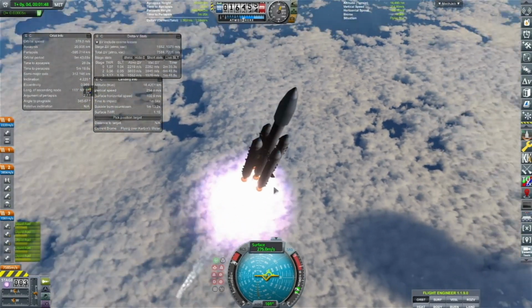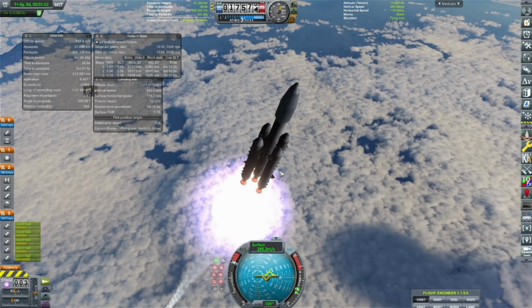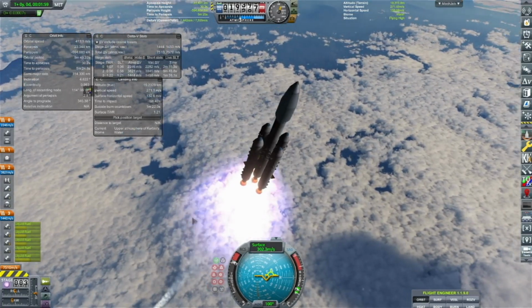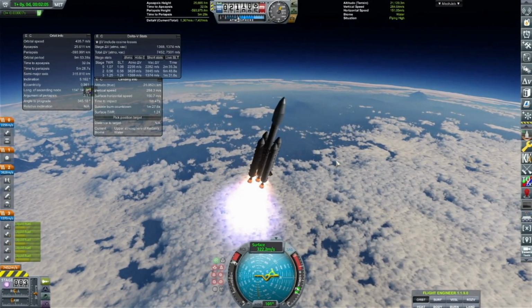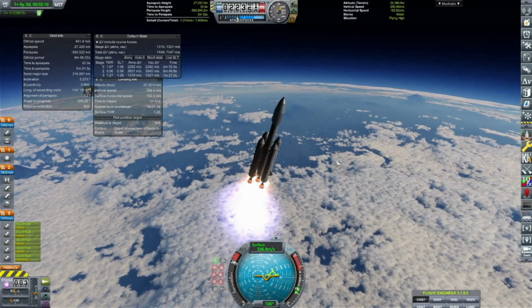So we're going to actually have to just ride this angle, this launch profile, until our apoapsis reaches space, in which case then we can afford to move ourselves over. But until we can actually break free of the atmosphere, I don't trust this rocket to not dip down and crash back on the surface. So